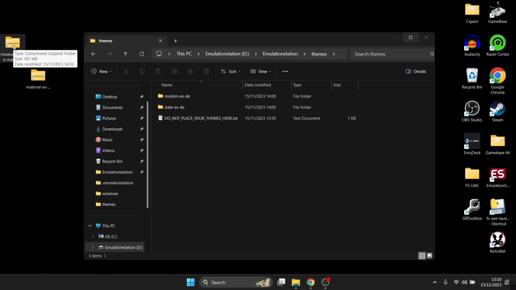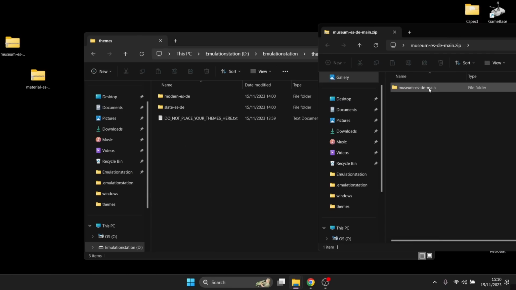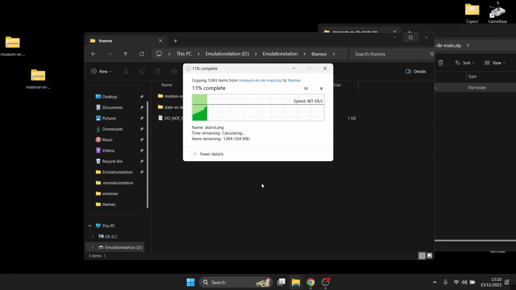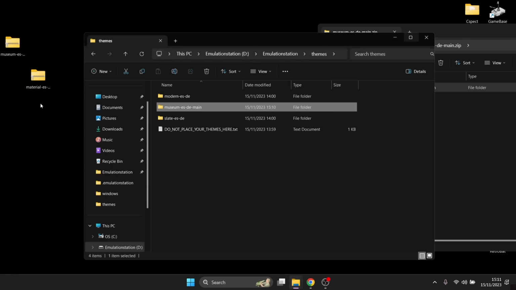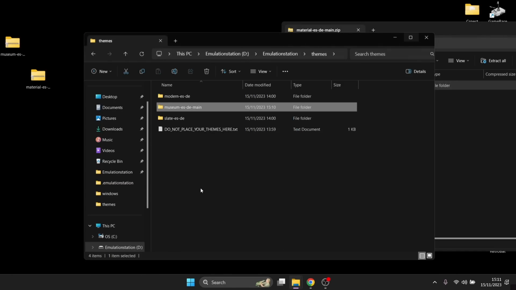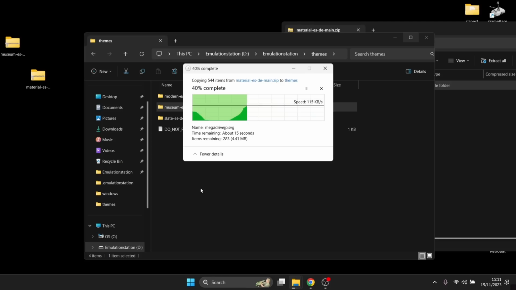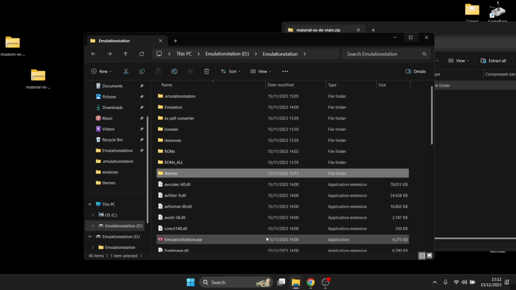So we've got this museum theme, and they download in a zip folder. So here's the museum theme. All I need to do is just highlight this and drag it into that EmulationStation themes folder. Okay, and I'm now going to drag in the material theme that I've downloaded outside of EmulationStation. So once you put your themes inside of that themes folder, if we go back into EmulationStation,